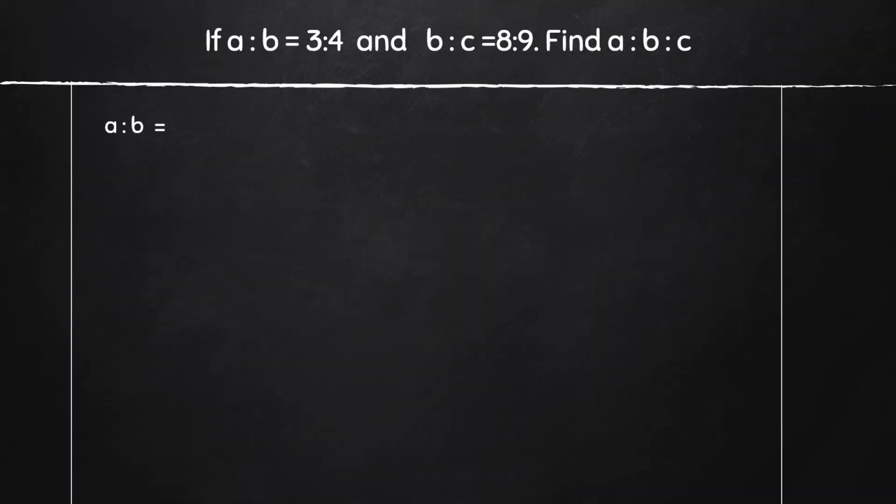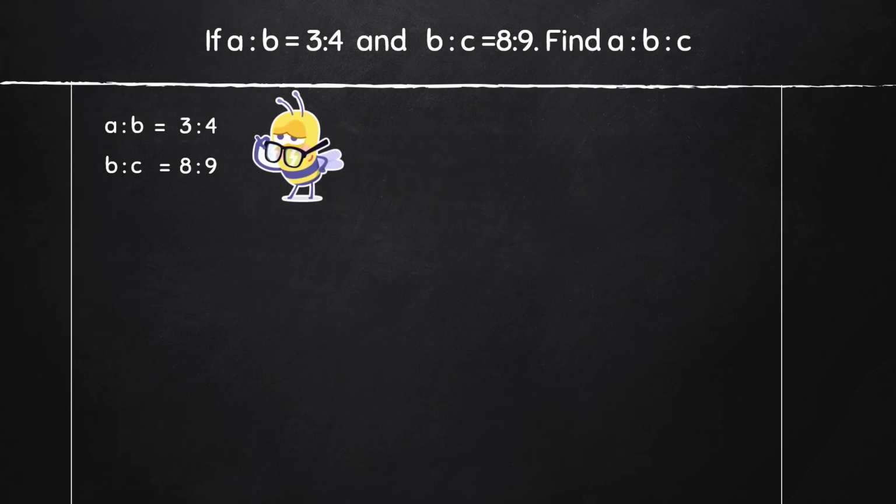A is to B is given as 3 is to 4 and B is to C is given as 8 is to 9. We need to calculate A is to B is to C. We need to combine the value of B. But here, if you look at it, in the first ratio, B is 4 and in the second ratio, B